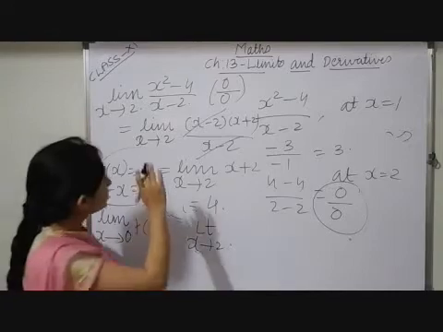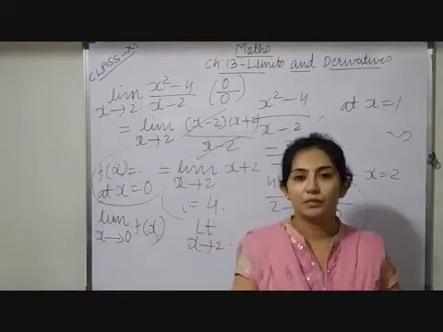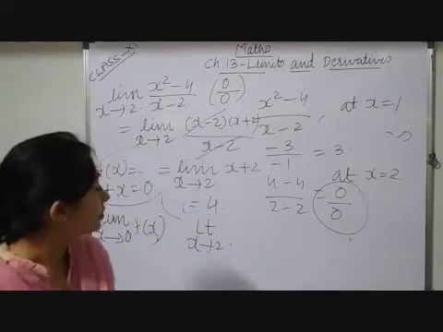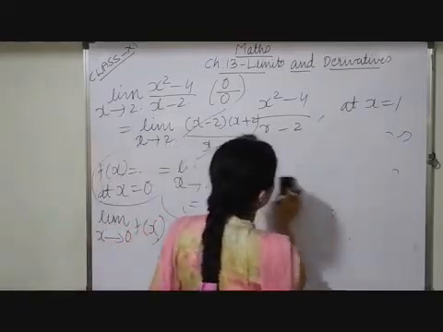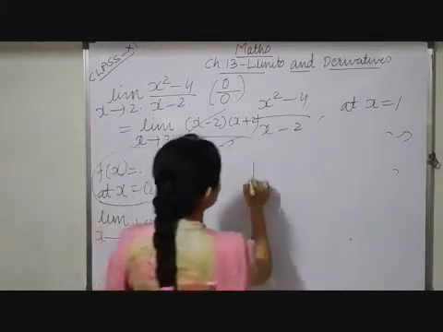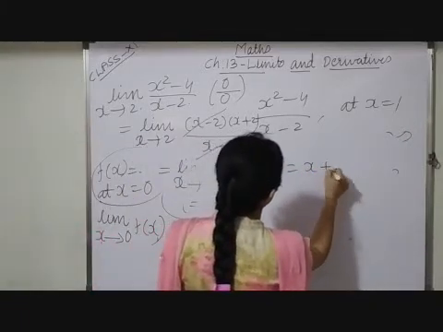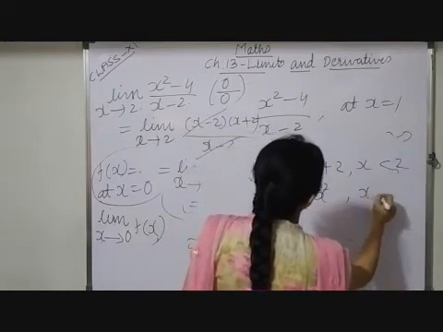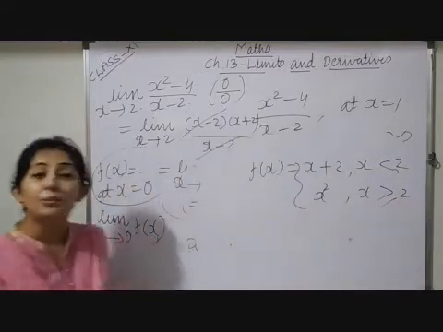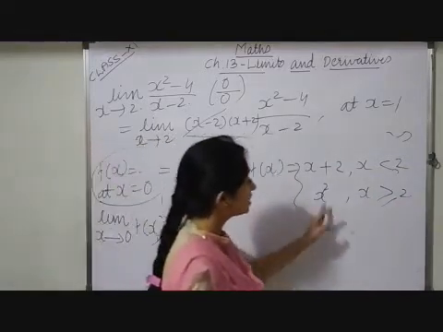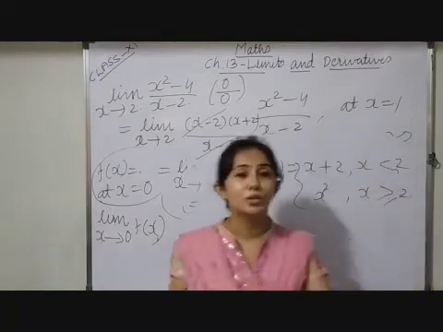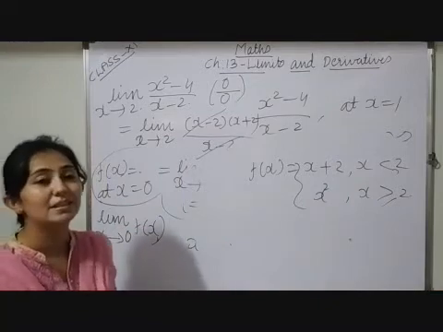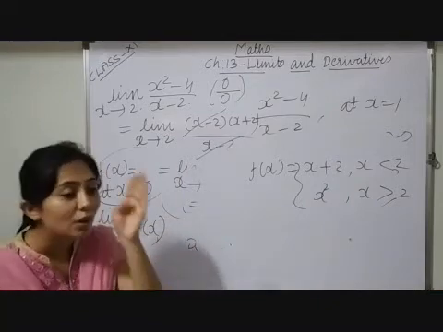Now this is an actual limit of a function, where the function is defined randomly. But in place of that, suppose your function is defined in an interval, like f of x equals x plus 2 for x less than 2, and x square for x greater than or equal to 2. So here you may observe, the exact function value at the point 2 is not given. Here it is given in an inequality form. Inequality means it is less than or greater than, but not the exact one.